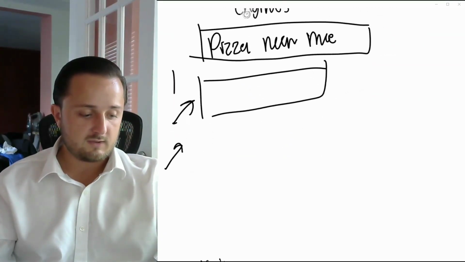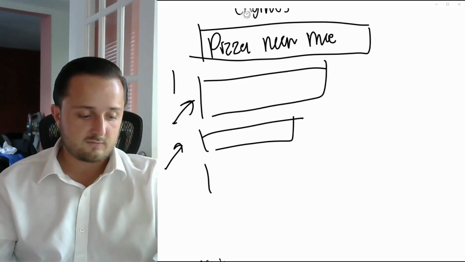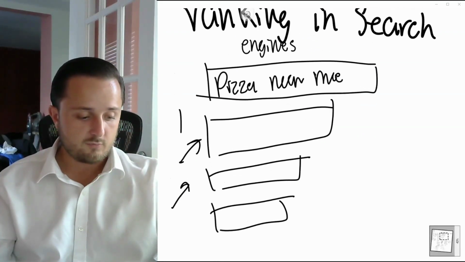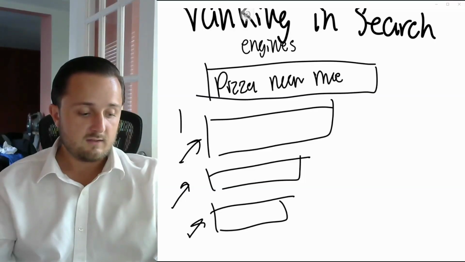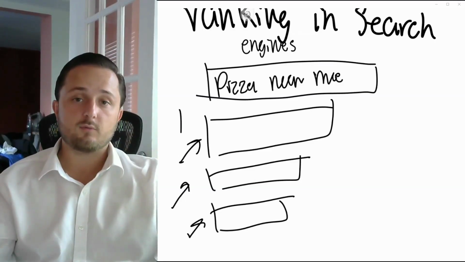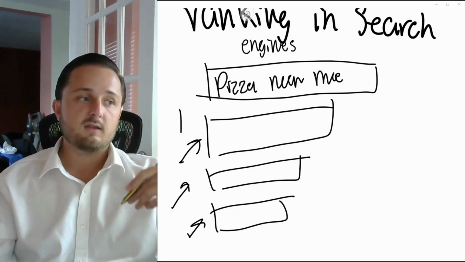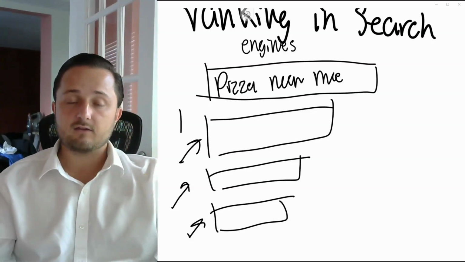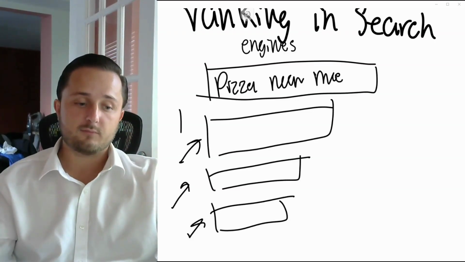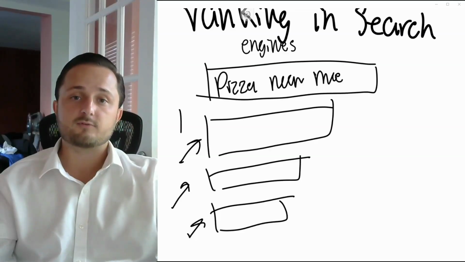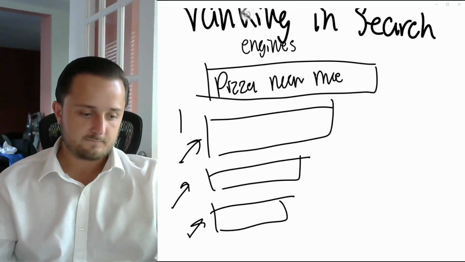The higher up we can get in these placements when people search, the more traffic we will get, and then the more opportunities we will have to convert people, right? But getting traffic does not guarantee we will be able to convert them. What this does do is give us more opportunities to convert them.